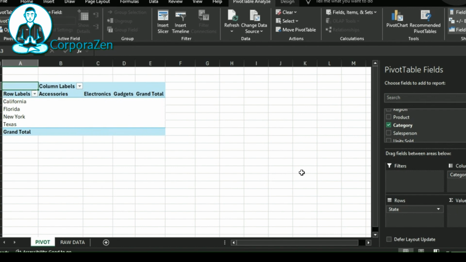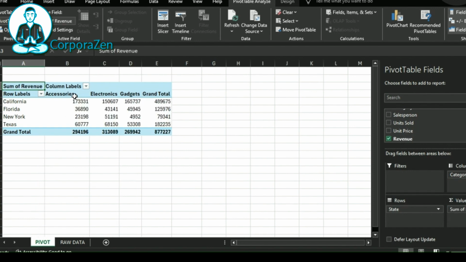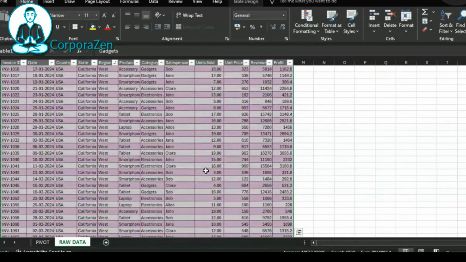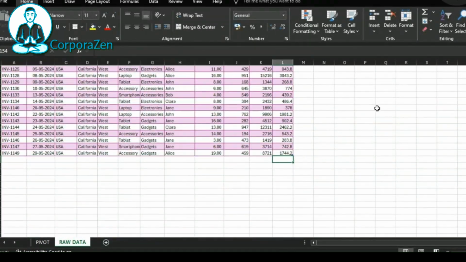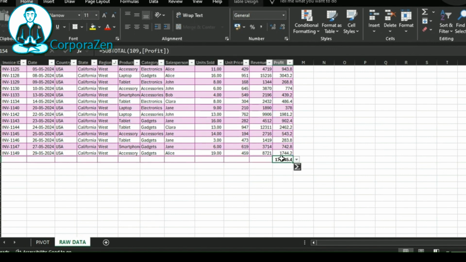I don't need profit. I'll remove it. And what I'll do is I'll bring say unit price or maybe revenue. What revenue has every state gained? So accessories. Now this is showing the revenue part. If you see, the total doesn't match the raw data total which is coming down below. So in fact, it's always better to sum that as well